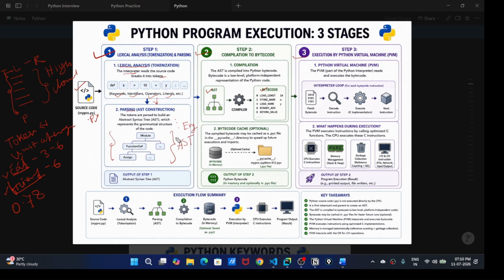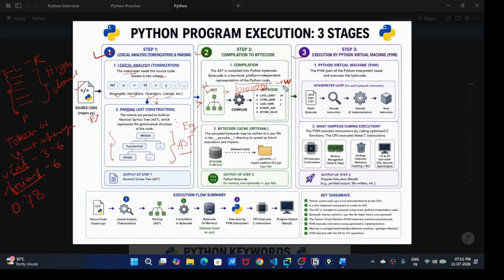This AST goes to the next level, called compilation to bytecode. Here the AST code is converted into bytecode. Bytecode is nothing but zeros and ones. So the AST is high level and this one is low level.